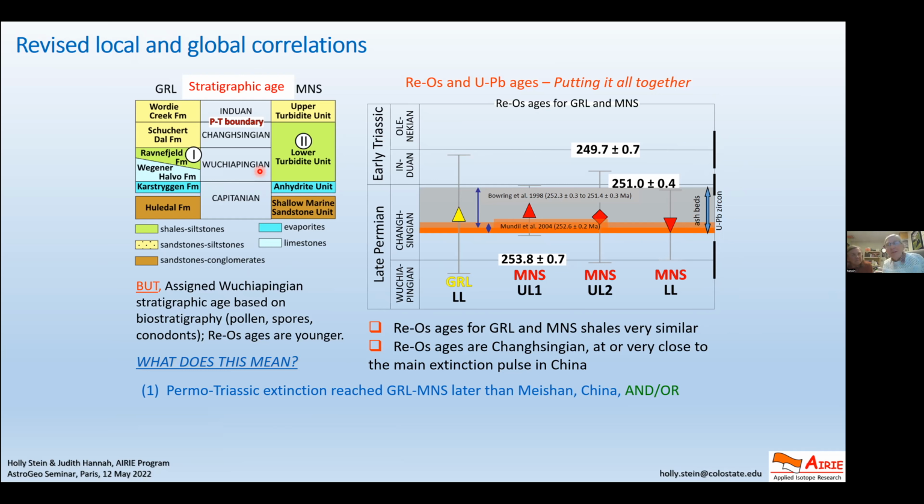And we'll visit something of that, but it may have spread around the globe, starting in the classic Meishan section and reaching northern latitudes later. Or there was very, very fast deposition. The age of this formation is basically the age of this, because all of these turbidites are very quick. They can be very fast, loads of sand and mixed sediment squashing down and dewatering very quickly. So this was a pretty exciting result.